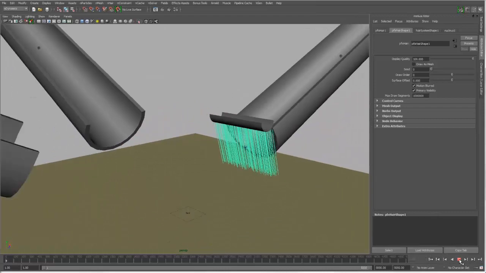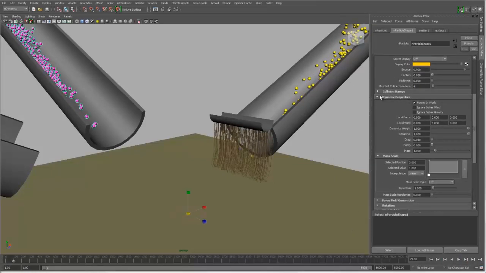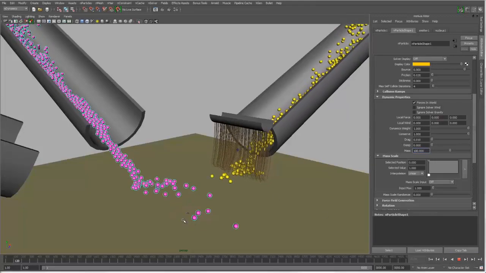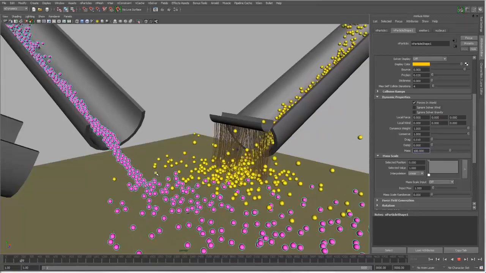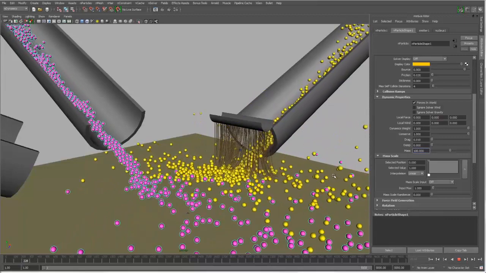First off, if we hit play through a couple of frames here, and we take the purple particles, there is a section called Dynamic Properties, and if you go down to the bottom, there is a mass section. If we turn this up to something like 100 and hit play, you can see that now the purple particles are obviously going to take major precedence over the yellow particles, and they're going to push those out of the way